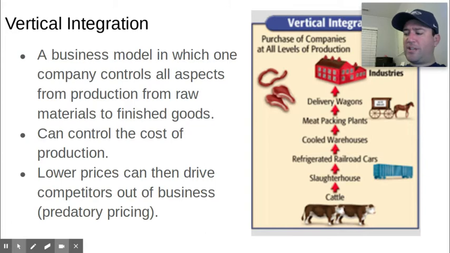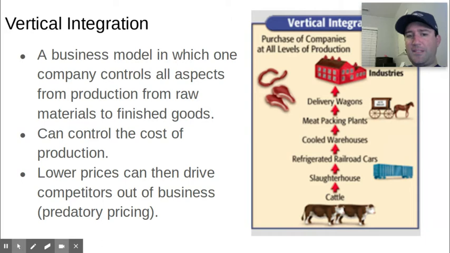And over time, they start to adopt different strategies to become more powerful and to control their costs even more. One of the strategies is called vertical integration. Vertical integration is a business model in which one corporation will try to control all of the means of production that are necessary for creating the product they are selling. For example,